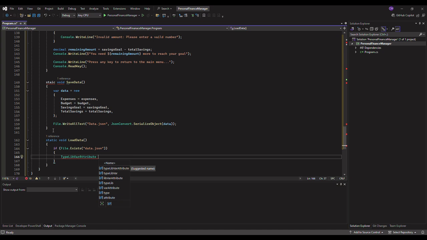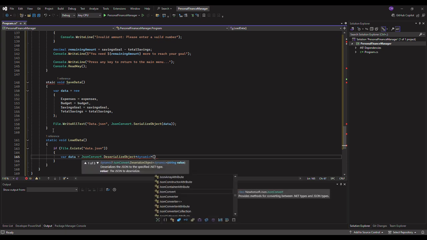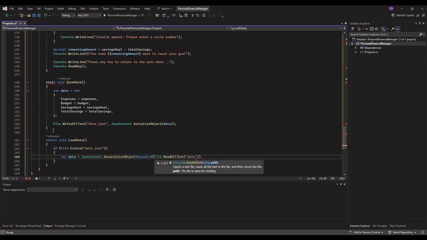and we do var data equals to JsonConvert dot DeserializeObject, and we do dynamic File dot ReadAllText, and we give that data.json. We just close that,